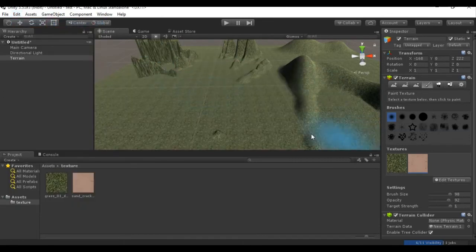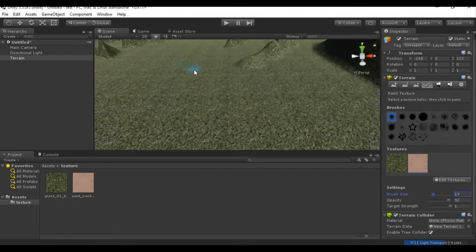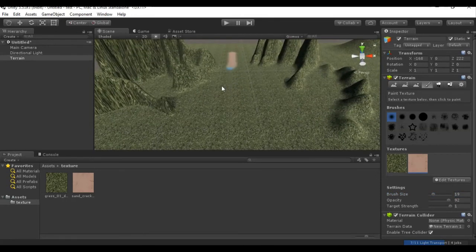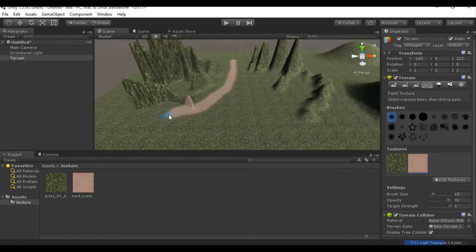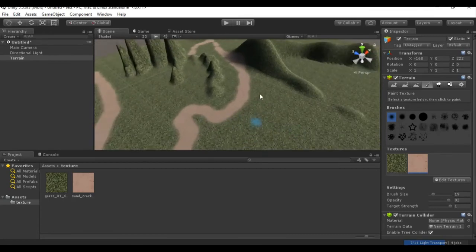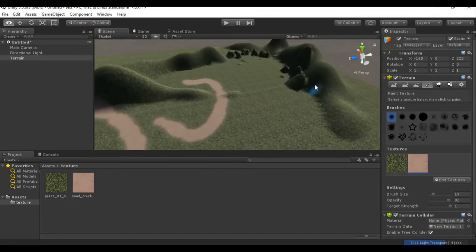We're going to reduce the brush size. Okay, like that. I'm going to make something like a path. So again, if you want, you can do many things, and what I'm going to talk about is here